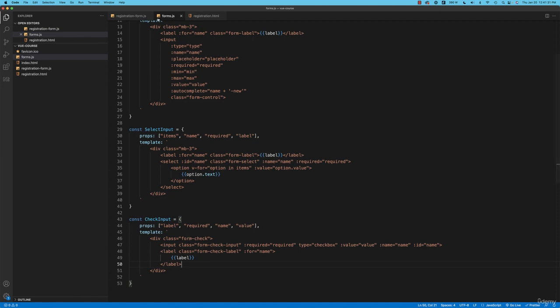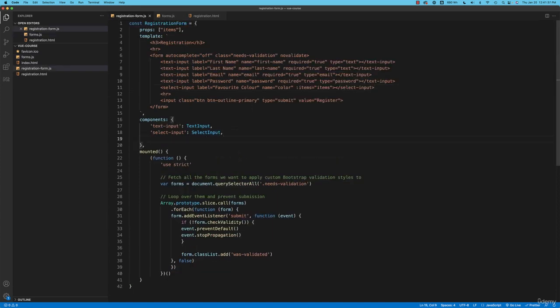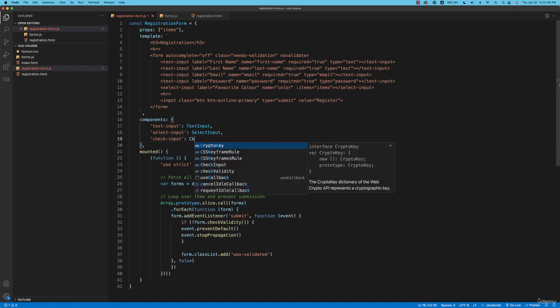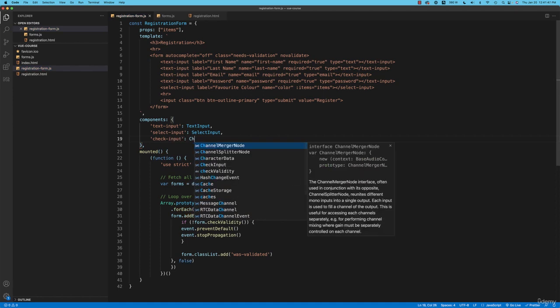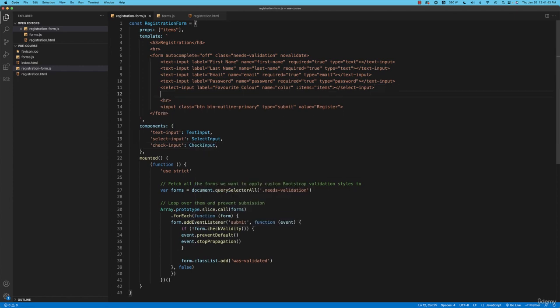Let's go over to registrationform.js and use that. So we'll add it to its component section. And I'll call it check-input. And it's bound to check input right there. And now we just add it right up here. And that becomes as simple as check input